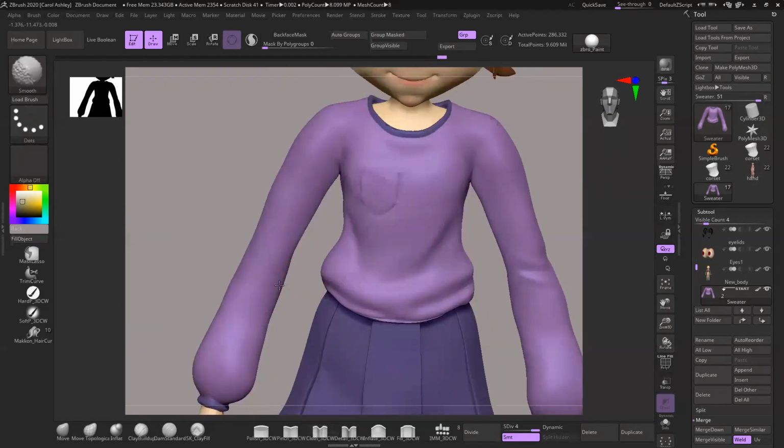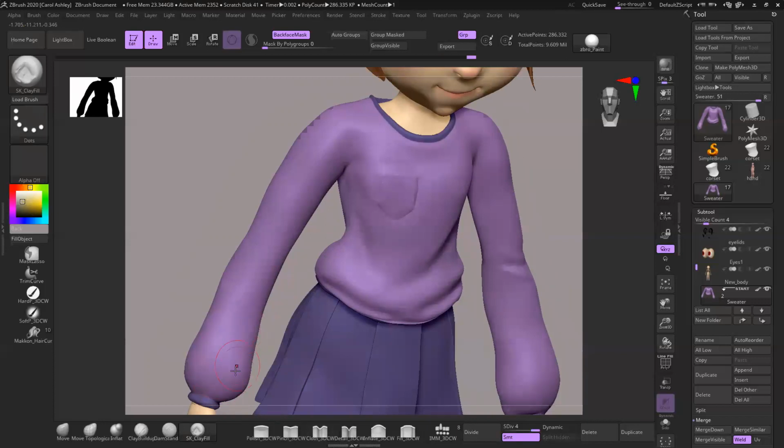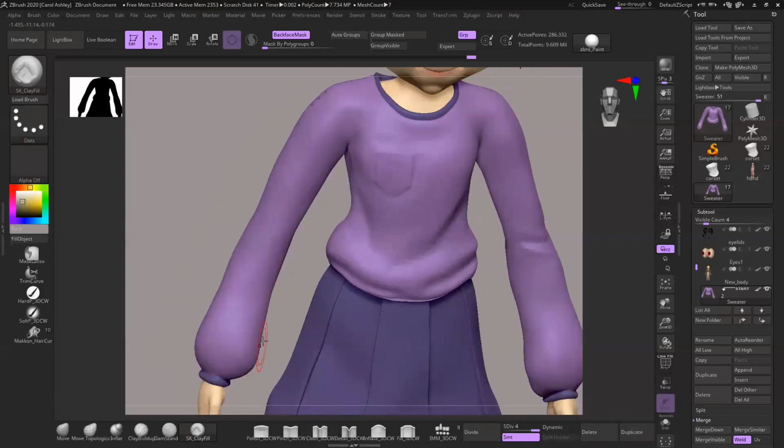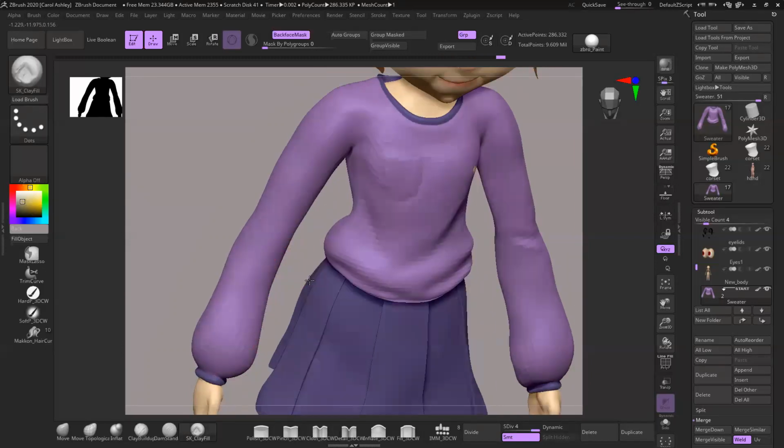Like instead of letting it go kind of lumpy on its own, I would really try to plan where you want it to feel like it's got weight and where it's sagging on her. Like right here, it would definitely be getting pulled. And then